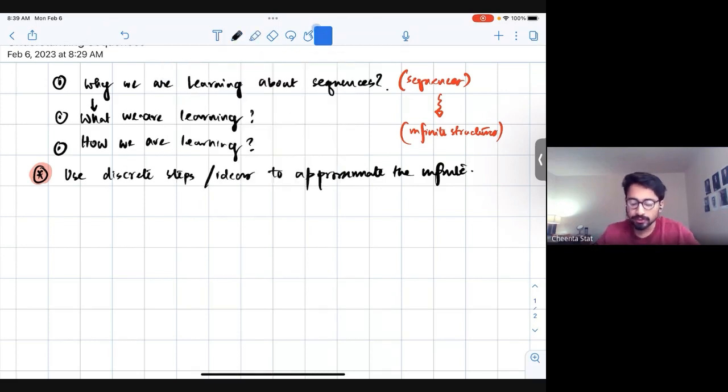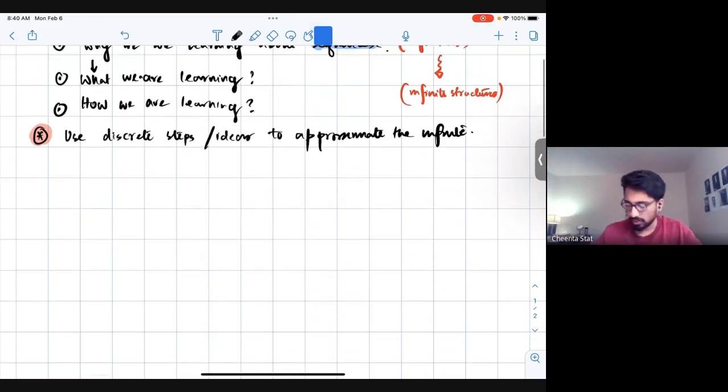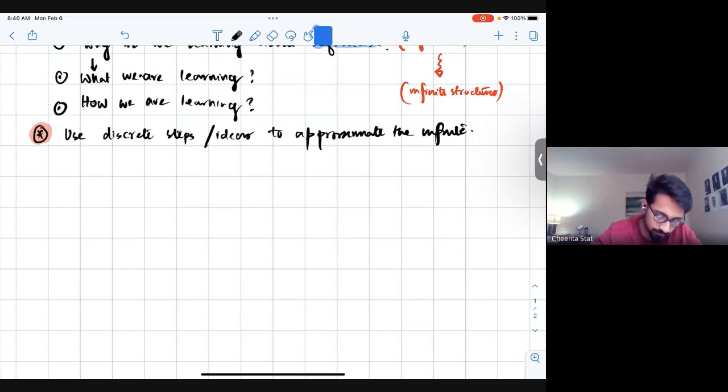So therefore, sequences turn out to be a very important tool to understand mathematics, to understand everything around us. And therefore a sequence of random variables comes up. Okay, because we use a sequence of random variables to approximate a certain random variable that we want to understand, or something is happening in a discrete set, we want to model it. So therefore, the idea of sequence is very important. But the question is, okay, this is why we are learning sequences. But what are we going to learn?